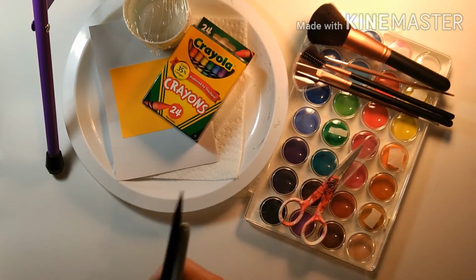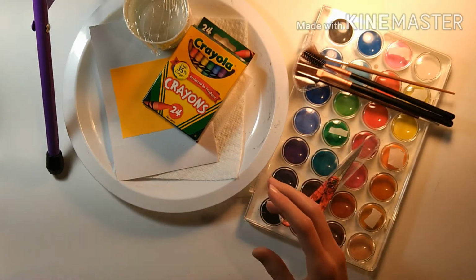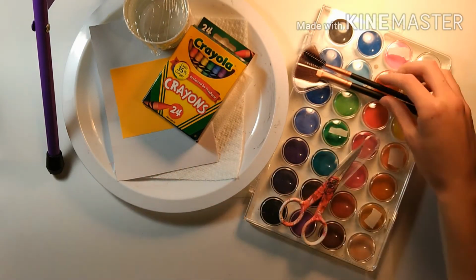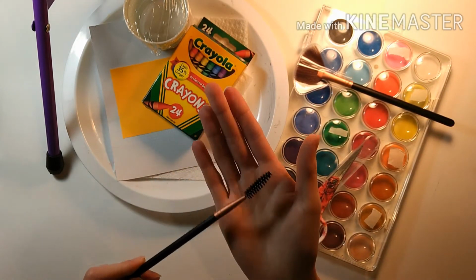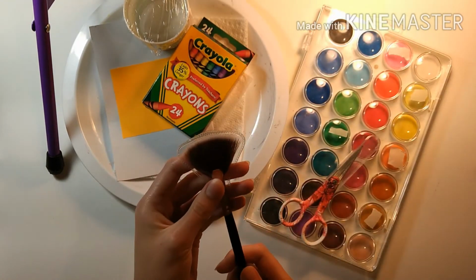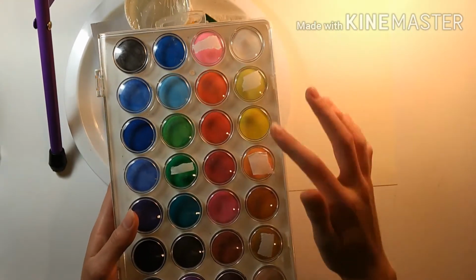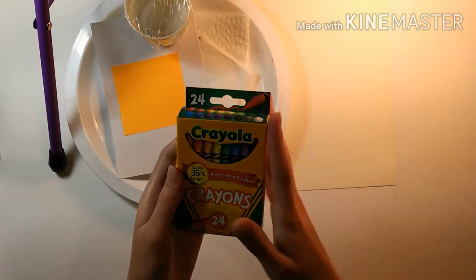allowed to sharpen. I have this giant makeup brush, then I have these two relatively small brushes. Then I have to use this brush too that came in the makeup brush set I got, and then this fan brush, scissors, watercolors, and I can only use the colors that have tape on it, and then crayons,